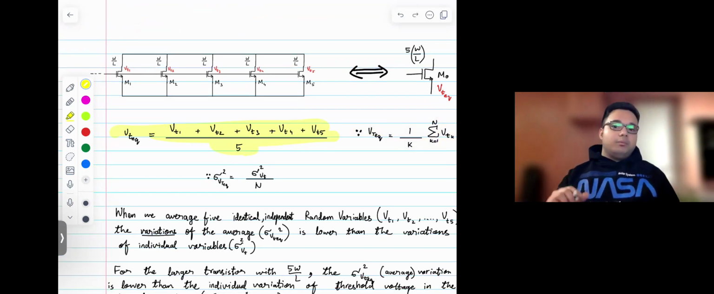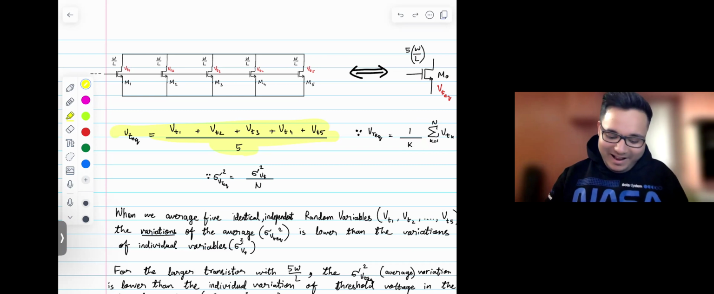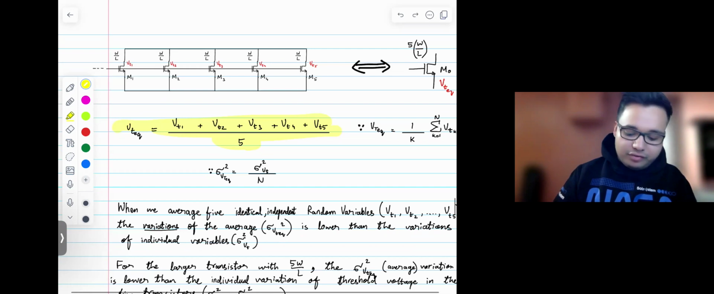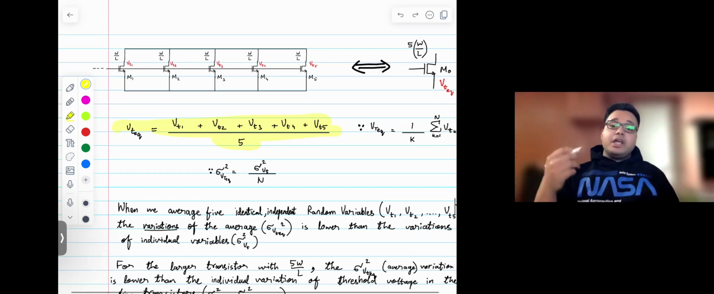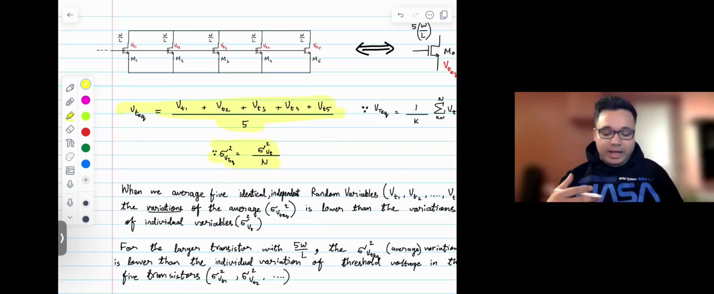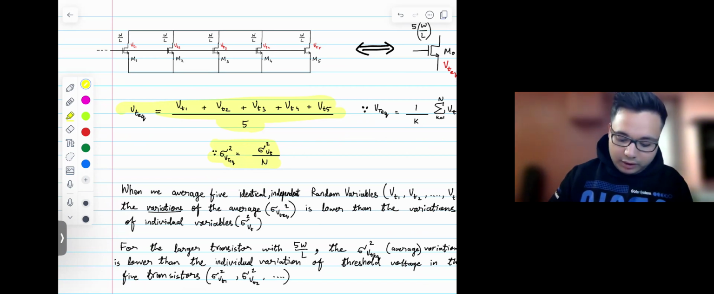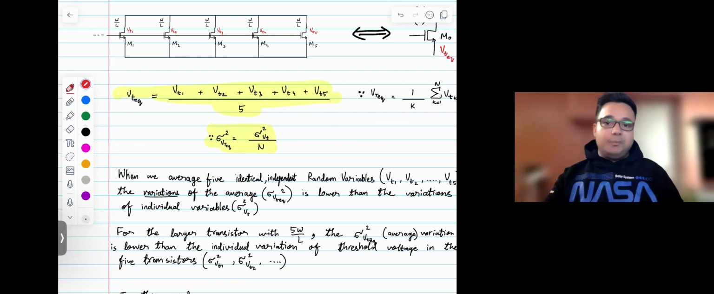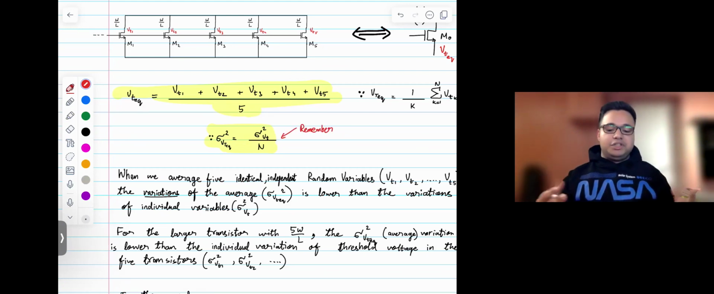But here's the most important part, and if you were to take anything from this video, this is it. The variation of VT equivalent is the variation of any individual transistor divided by 5, or divided by any number of transistors that is there. So in this case, it's 5. So that's the most important part in this video. I'm going to say, remember. I don't mean memorize, but I mean that this is an important equation for our whole